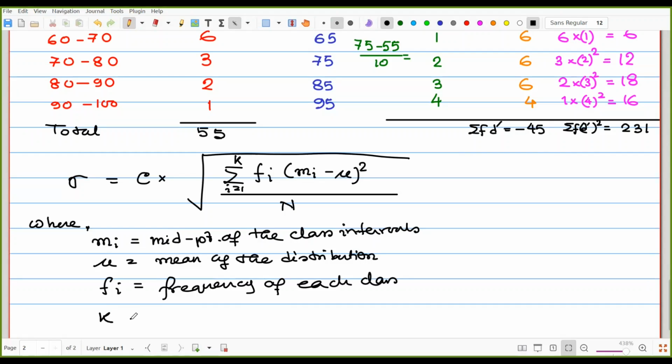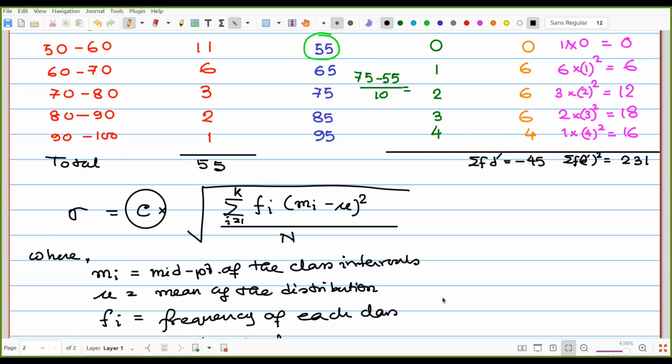and k or capital K is the number of classes. Another one is there, that is capital C. Okay, that capital C is the class interval. Now look at the formula that there is the mu, but we don't have to calculate the mu